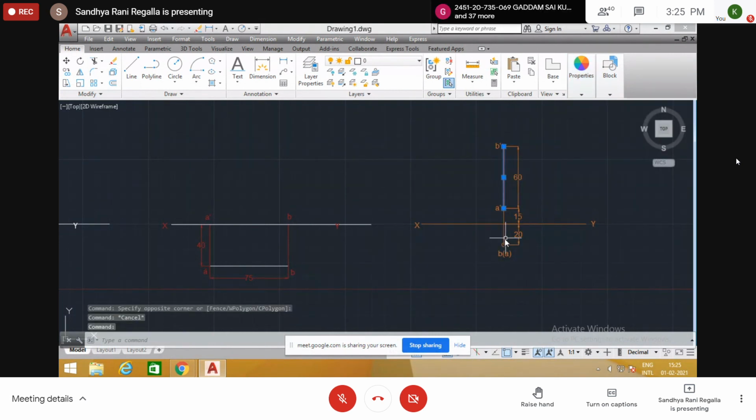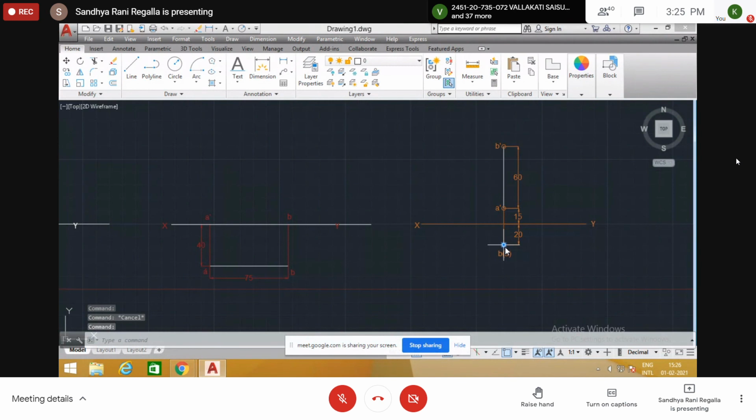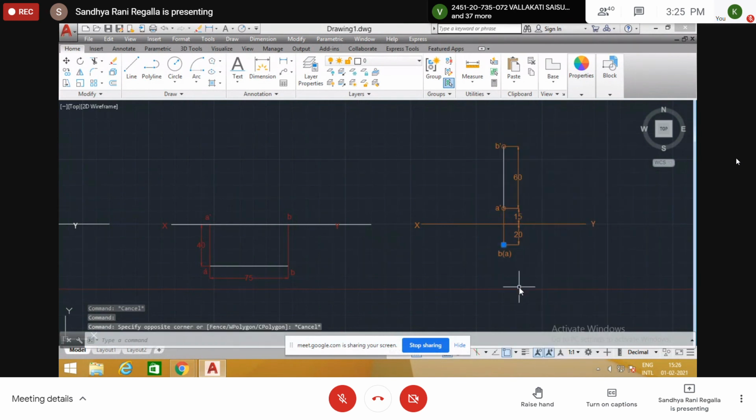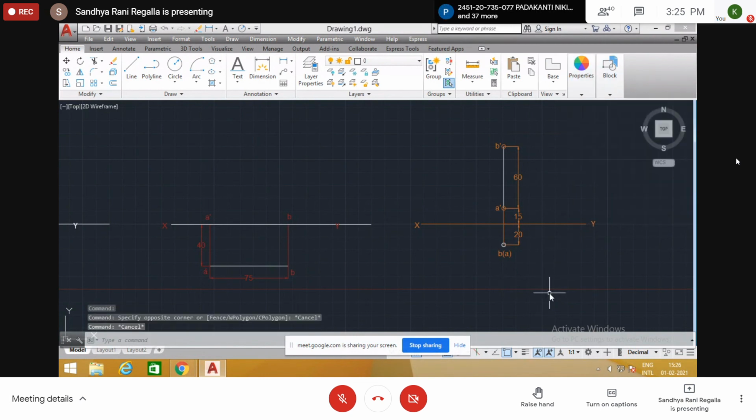This is the main diagram. A dash B dash is the front view, and A is the top view.